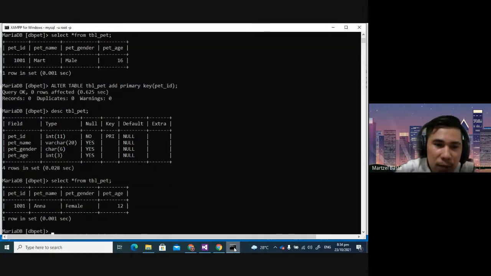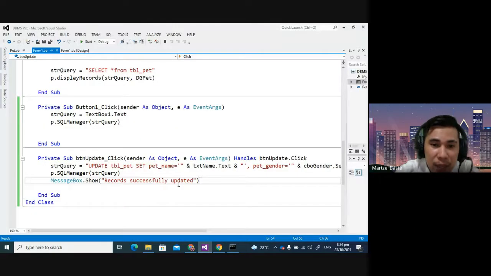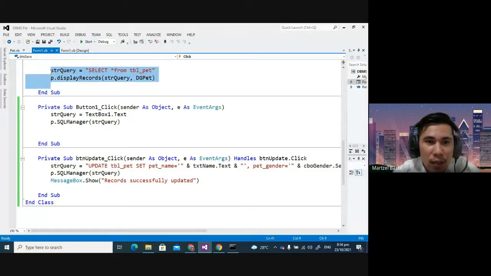Let's say select from PDL pet. Yan. So 1001 Anna female 12, nahimo na siyang Anna. Okay? So to do that, balik ko na nato ning tawag. Actually, pwede nato ni siya ibutang sa